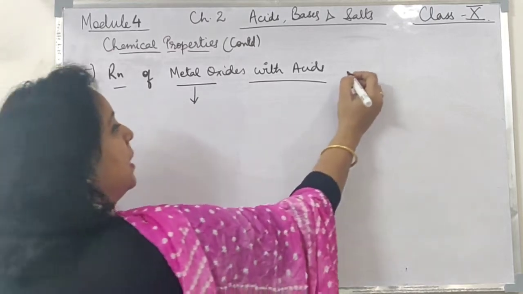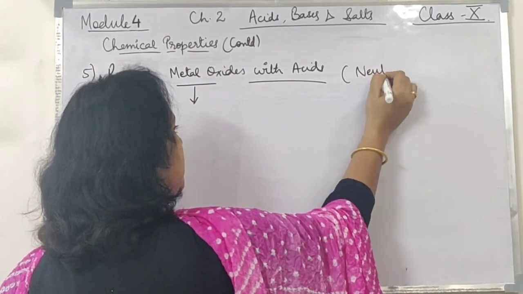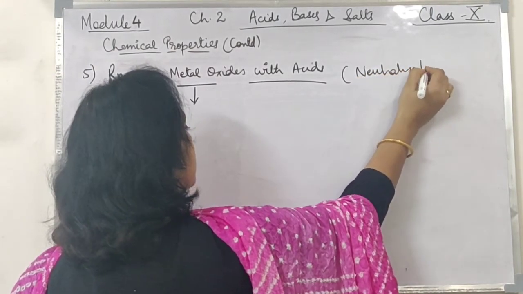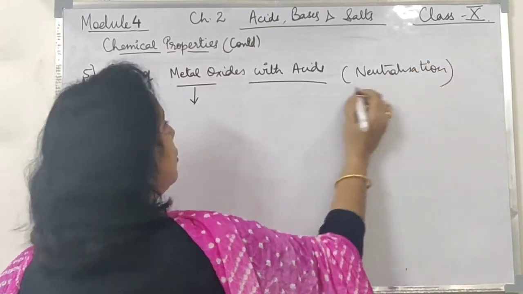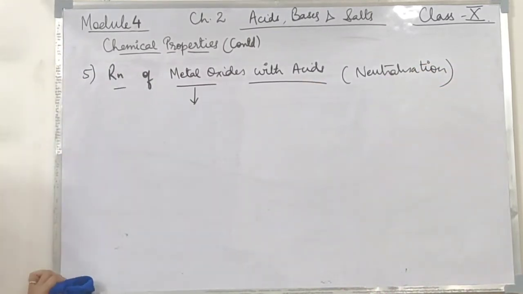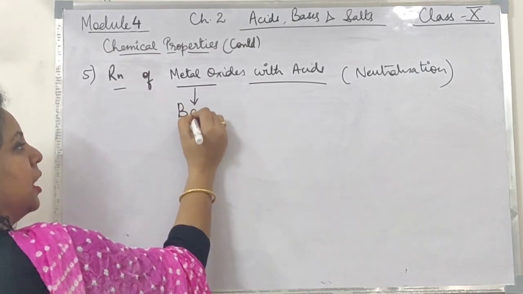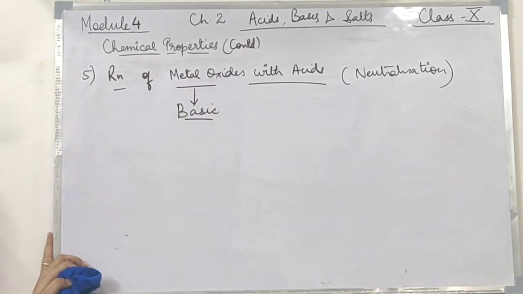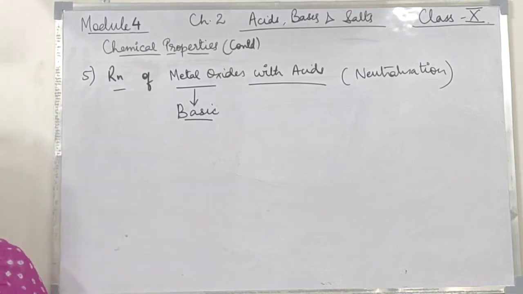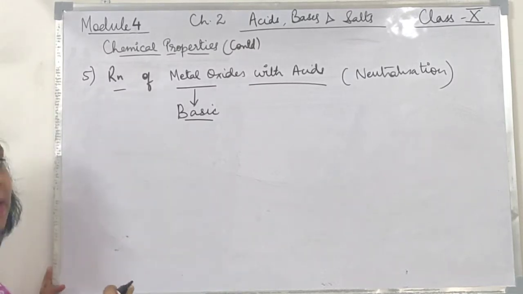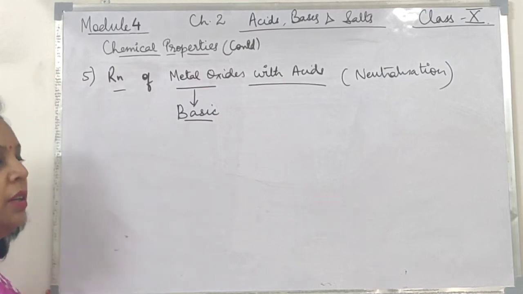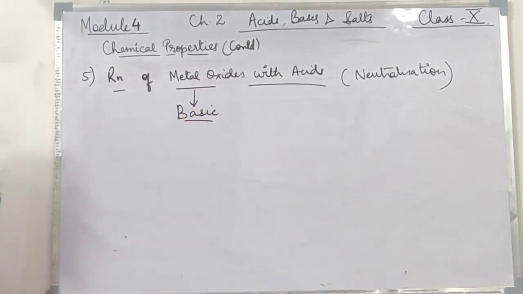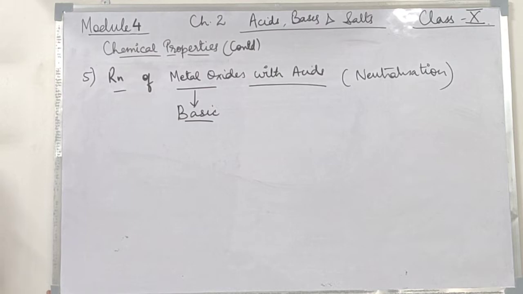Yes, you are right. This can also be regarded as a neutralization reaction. So, in a neutralization, what cancels the acid? Correct. This is a basic oxide. Most of the metal oxides are basic in nature, or they can be amphoteric also. Amphoteric oxides are the ones which react with both acids and bases to form salt and water. About them we are going to study in chapter 3 in detail.